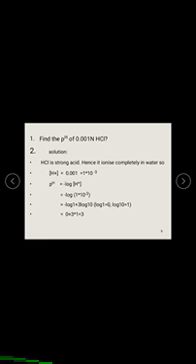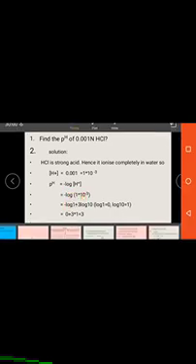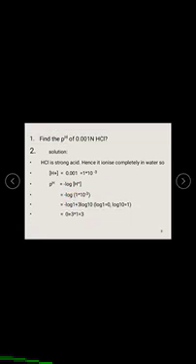It is in the form of log m into n, so log m plus log n. Minus log 1 plus log 10 to the power of minus 3 is nothing but log m power n, so we can write it as n log m. Minus into minus is plus, then 3 log 10, which is equal to 0 plus 3 into 1, which is equal to 3.